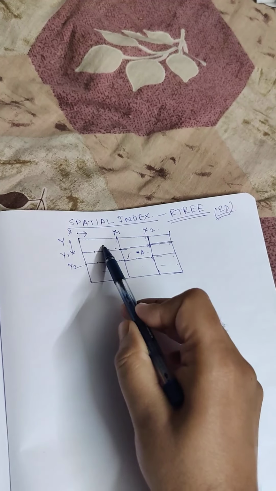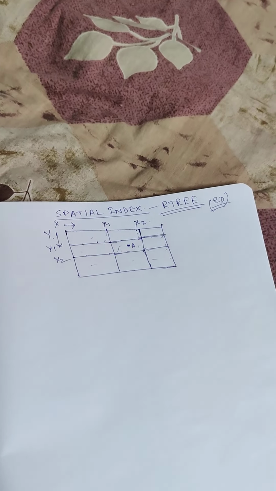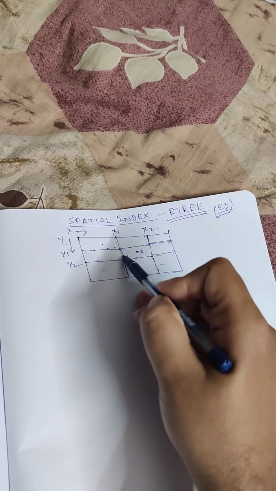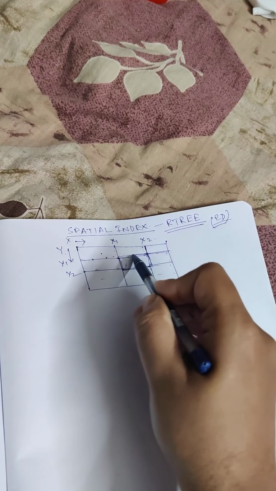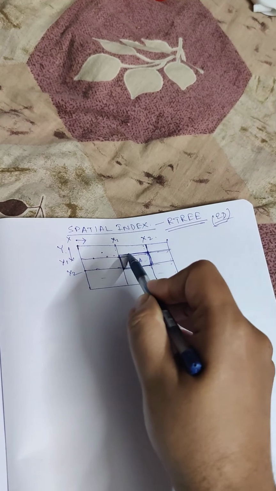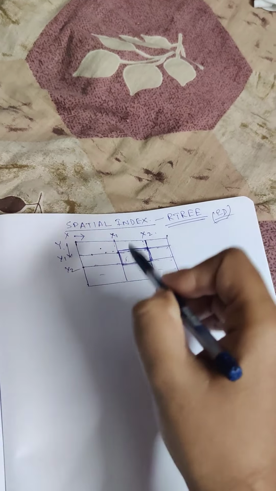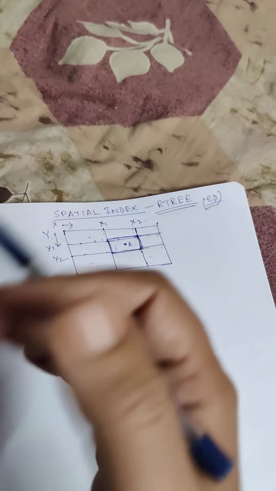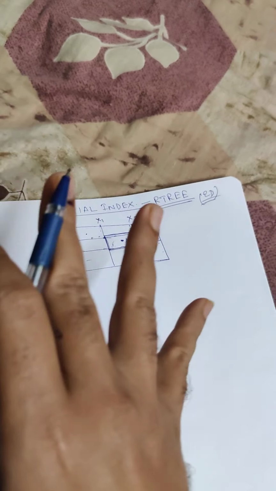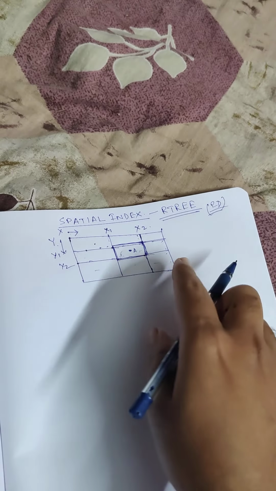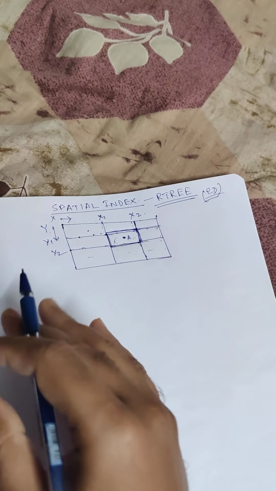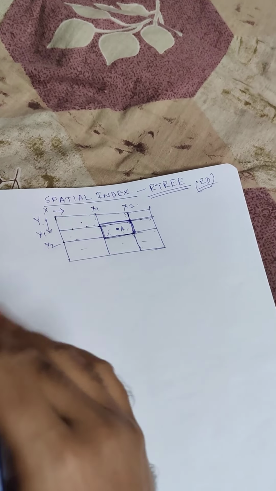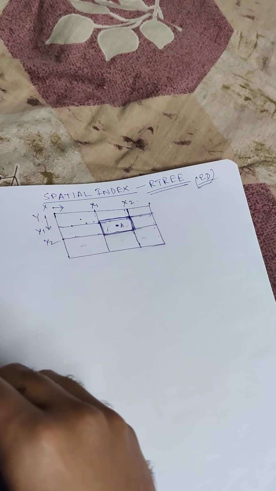Let's forget that approach and try to understand that you have a total of 9 boxes, and you are interested in this box. So you are trying to find an algorithm which will give you the data points which lie in this box only. How are you going to do it? Out of 9 boxes, you are interested in the box which encloses your desired point A. To do that, we need to go to the basics of R-tree and the query it is doing. So first of all, step one,